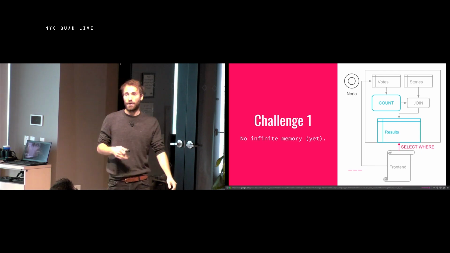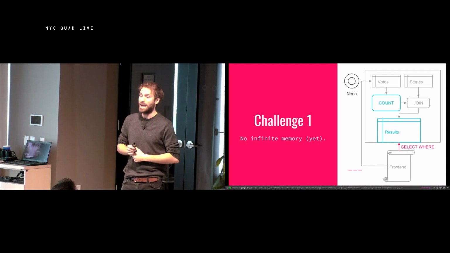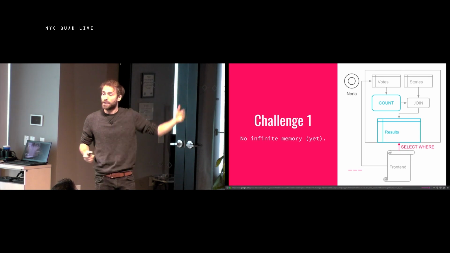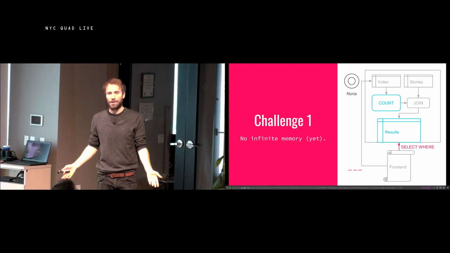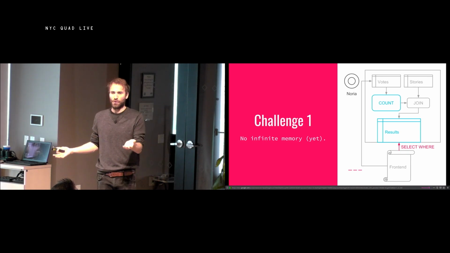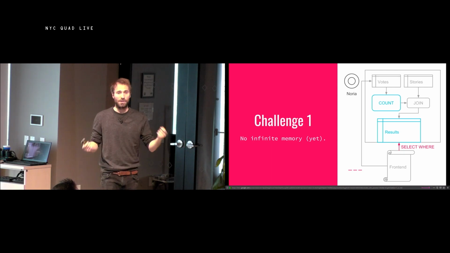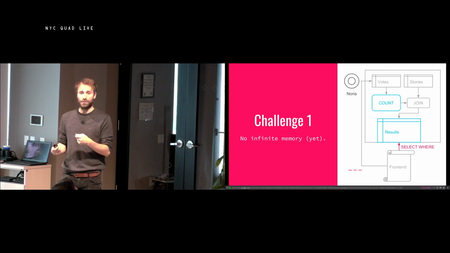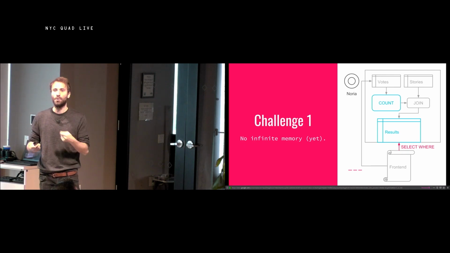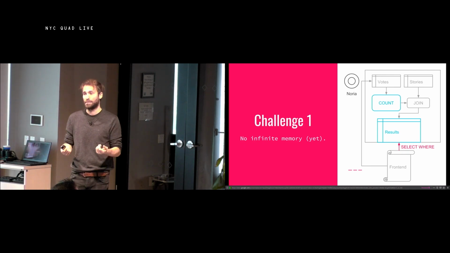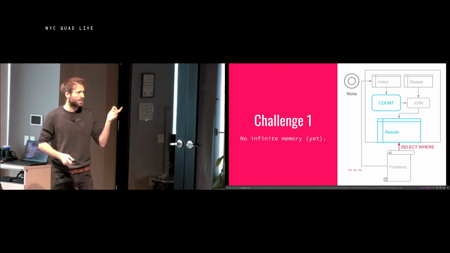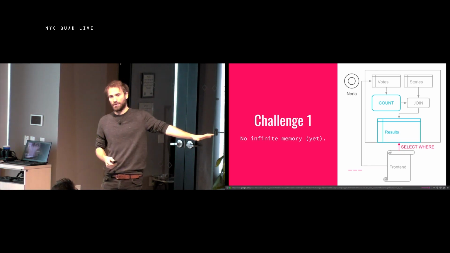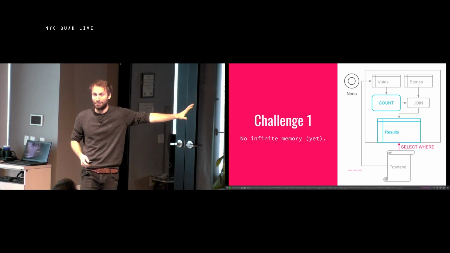Imagine that we threw away all of the results for the story A. And then a new vote comes in for the story A. The count operator no longer knows what the previous count was, so it can't emit what the new vote count is. And so you need a mechanism in your system to ensure that even if you throw something away or something gets asked for that you've never been asked for before, that you have some way of computing or recomputing it. This is the problem of partial materialization that we will not get into in this talk, but it is a really interesting problem.